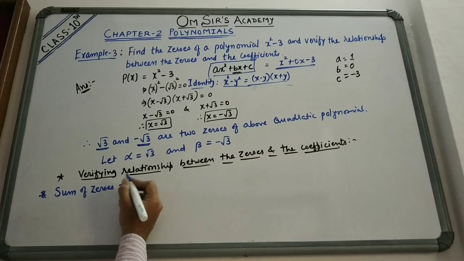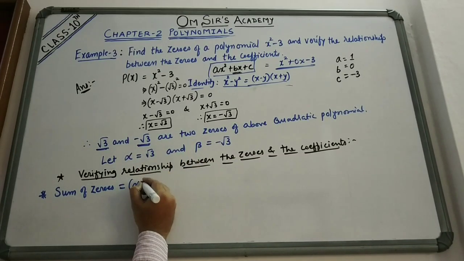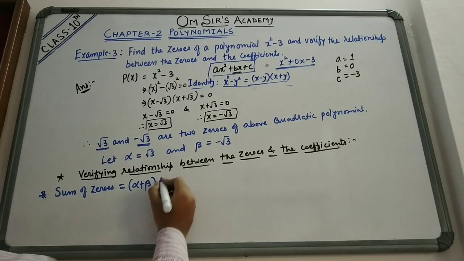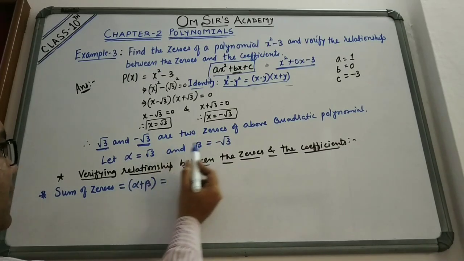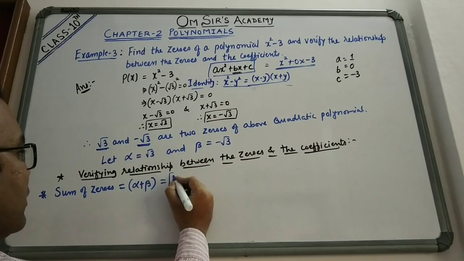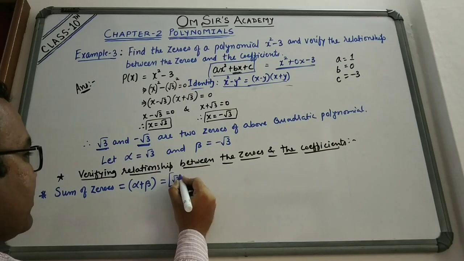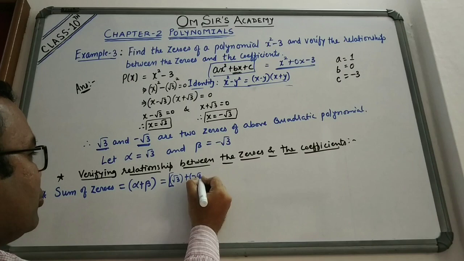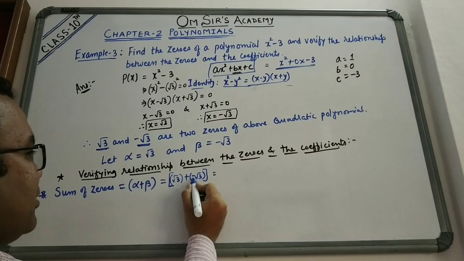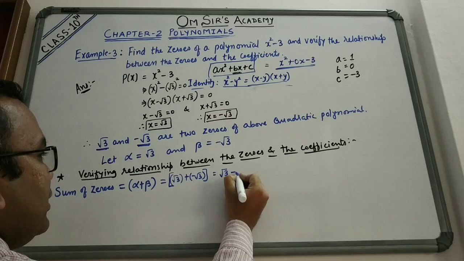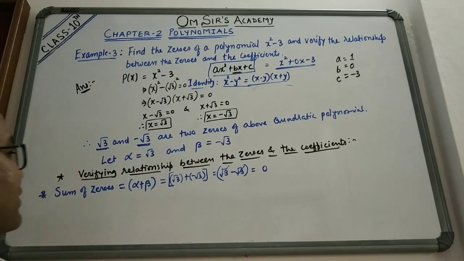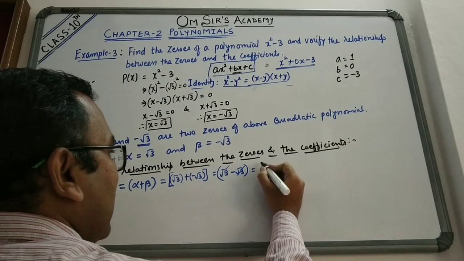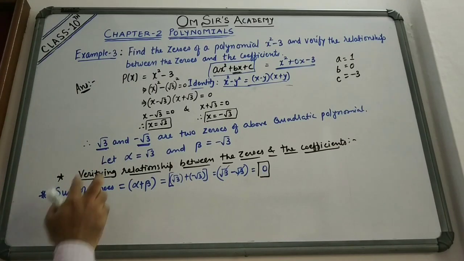ठीक है, तो यहाँ पे कितने जीरोस है, 2 जीरोस है, तो अल्फा प्लस बीटा दैट इज द सम ऑफ जीरोस. So what are my value of alpha plus beta? That is alpha is what? Root 3 and beta is what? Minus root 3. So I can write it as root 3 plus minus root 3. That is plus into minus will be minus. So I can write it as root 3 minus root 3. So anything root 3 minus root 3 gets cancelled. So I got the answer as 0. तो sum of 0 का आंसर मुझे क्या मिला? When I add these two zeros, I get the answer as 0.